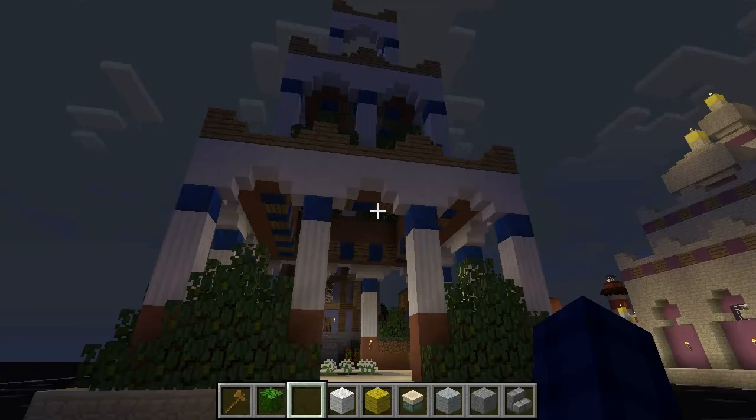So there are Moorish and Arabic influences in the south of Europe at that time. Especially in Spain, there's an interesting mixture between the Moorish architecture and the local